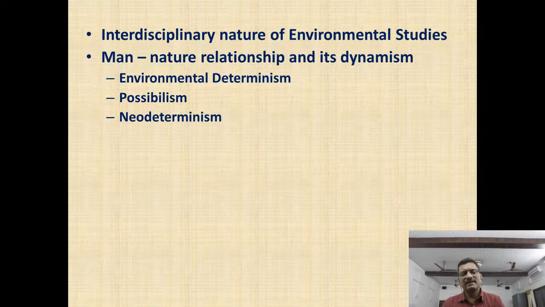What is possibilism? See, the word possibilism is derived from a very simple English word, that is possible. It means that this particular approach to the man-environment relationship speaks about the possibilities that human activities or human abilities can overcome the limitations of nature. I would give you one or two examples. Like for example,